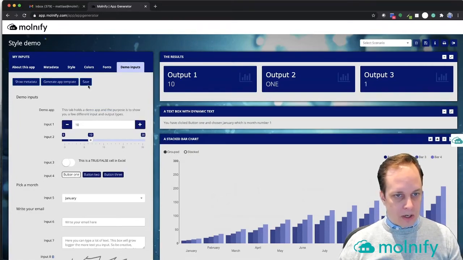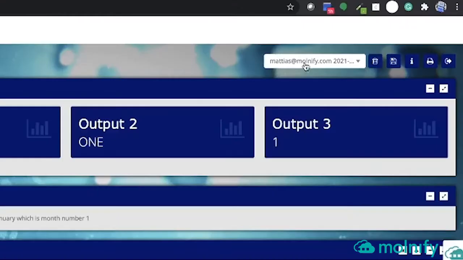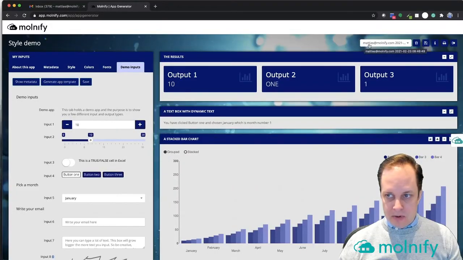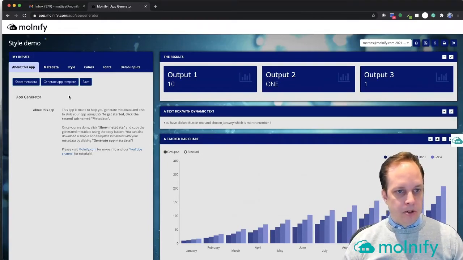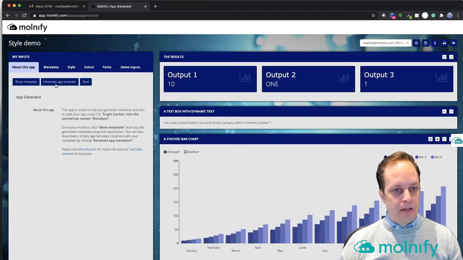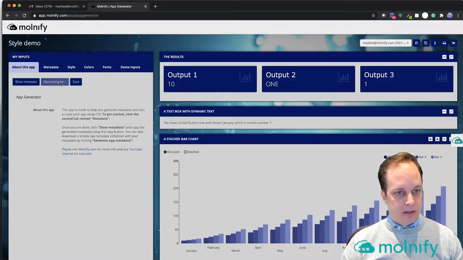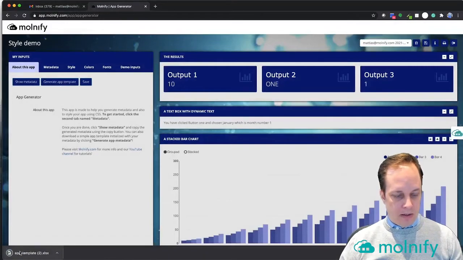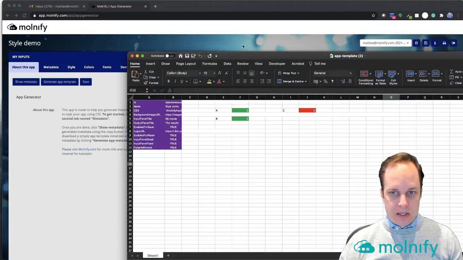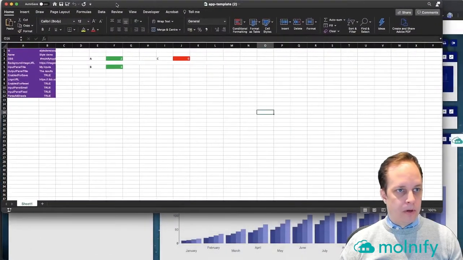So now my design is finished. I'm going to click save, and now this is saved up here in the scenario list, and it's going to save it by saving my email and today's date. So I'm done with my design now. Now I'm going to use this design to create an app template. So I'll click generate app template here, and just like so, the app template is downloaded to my computer